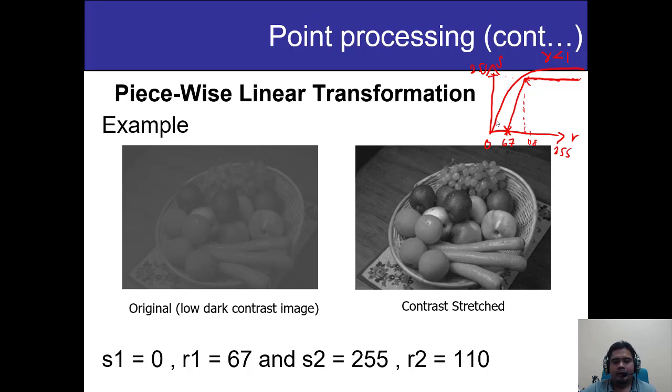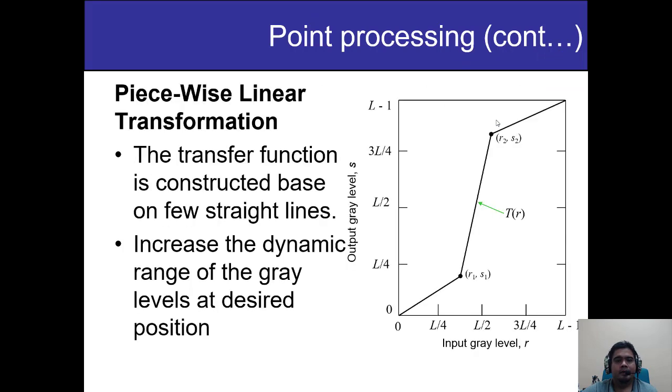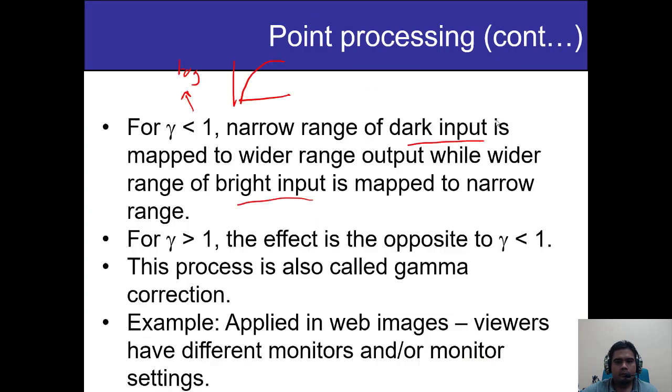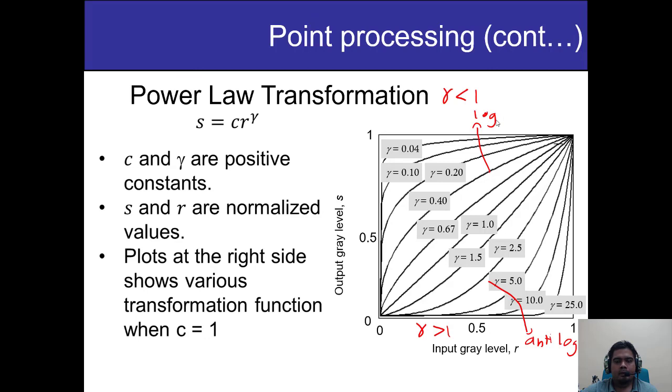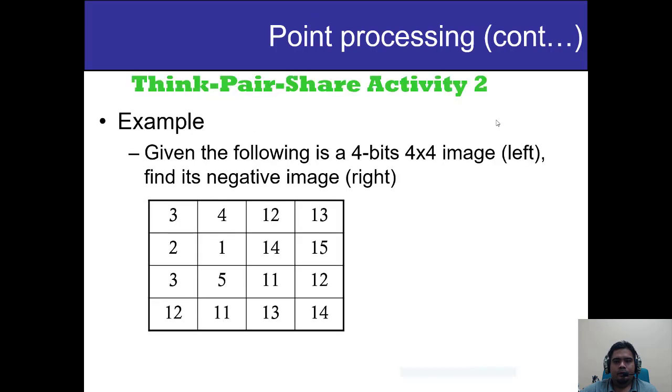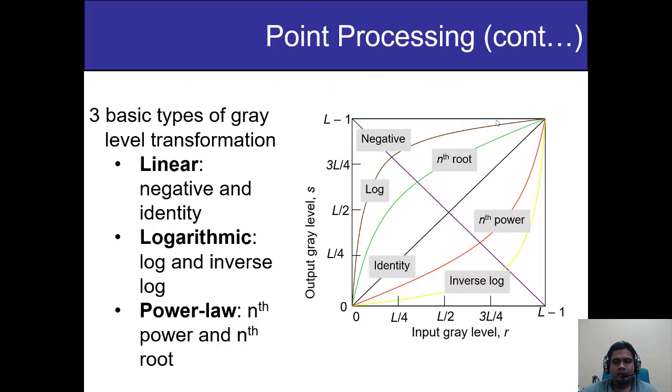Okay, before I forget, I just forgot in the previous lecture when we discussed the power law transformation function. Let's go back to the power law transformation function slide. Okay, in this one you can see that previously when we talk about any transformation function, we always use the very common formula there, L minus 1. It depends on the intensity level resolution. If the intensity level resolution is 8 bit per pixel, then it becomes 255.